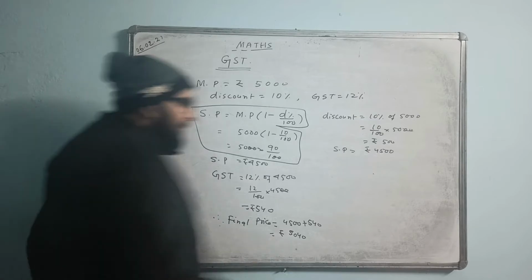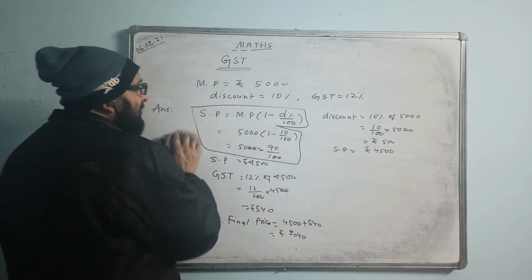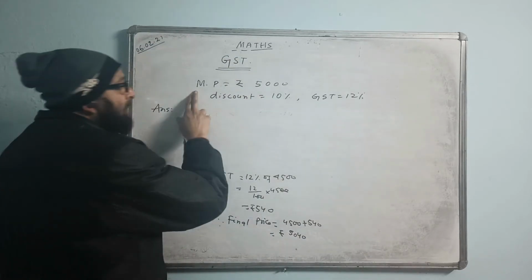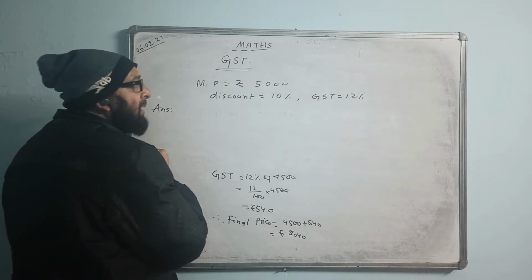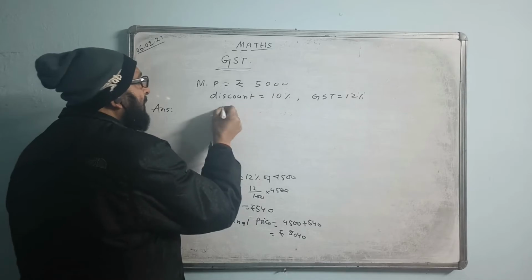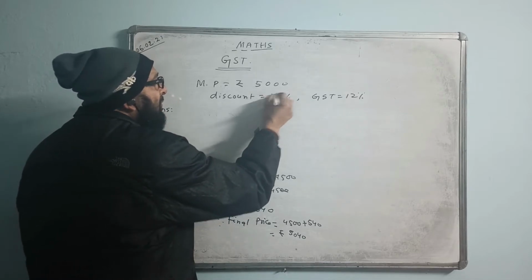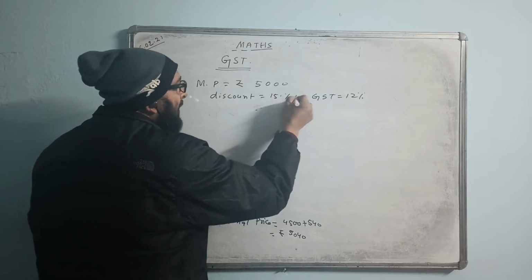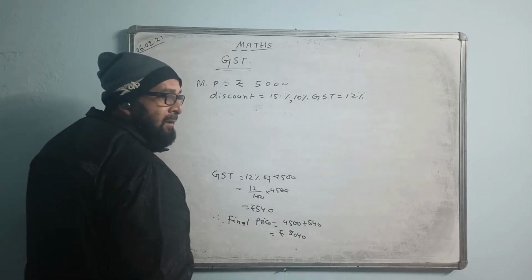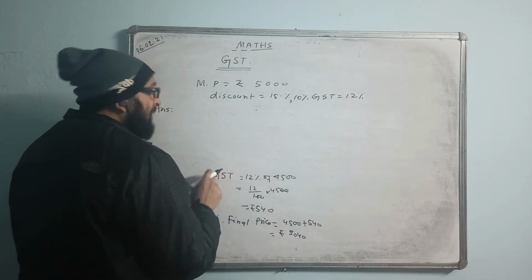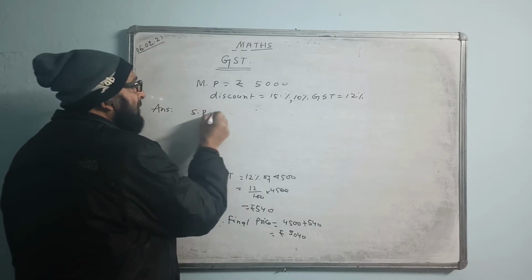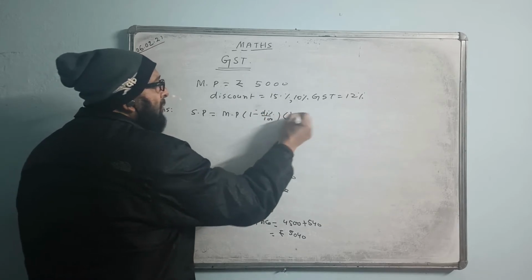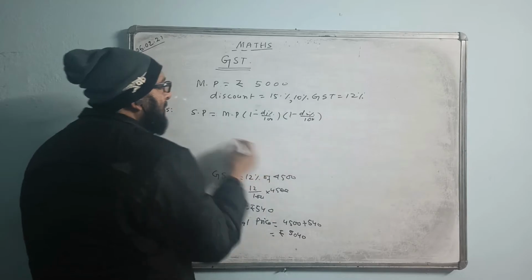Okay, fine. But I will tell you why I prefer this formula, because sometimes they may give two successive discounts. They may say the mark price of the camera is 5,000 and a person buys it at two successive discounts of 10% and 15%. Or maybe the first discount is 15% and the second discount is 10%. Like this, they will say. Then how to find the sale price? That time I will use the formula this way: mark price, first discount, 1 minus D1% by 100, second discount, 1 minus D2% by 100. I will tell you like this.